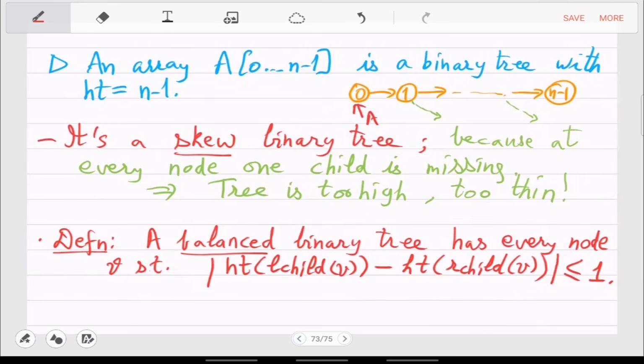I think it will be a bit better if I said left subtree instead of child, because this child may simply not be there, then it becomes vacuous.